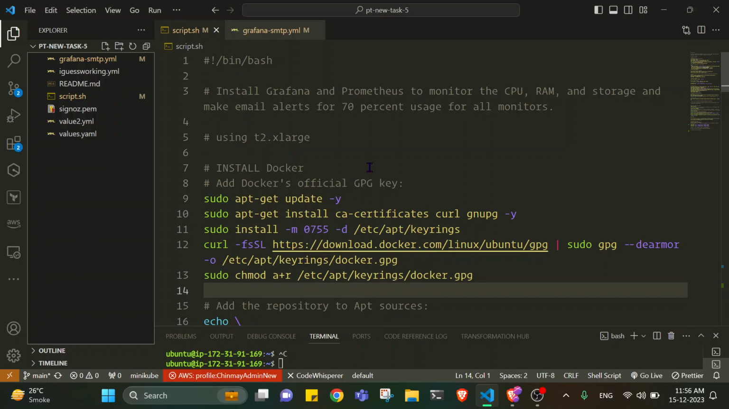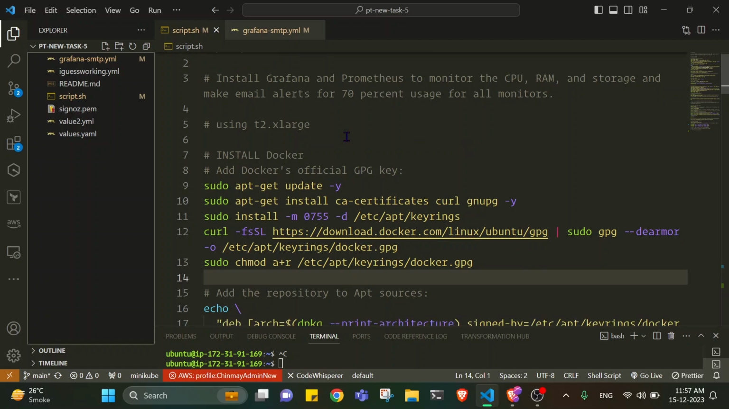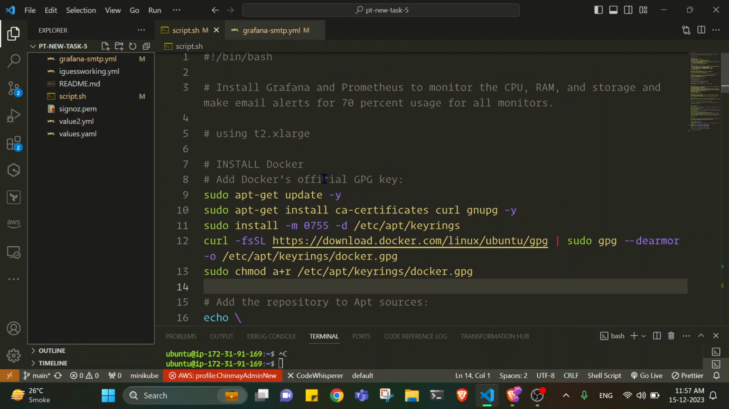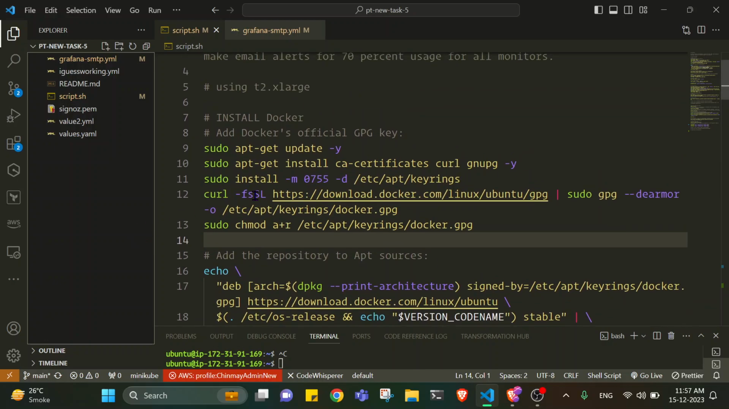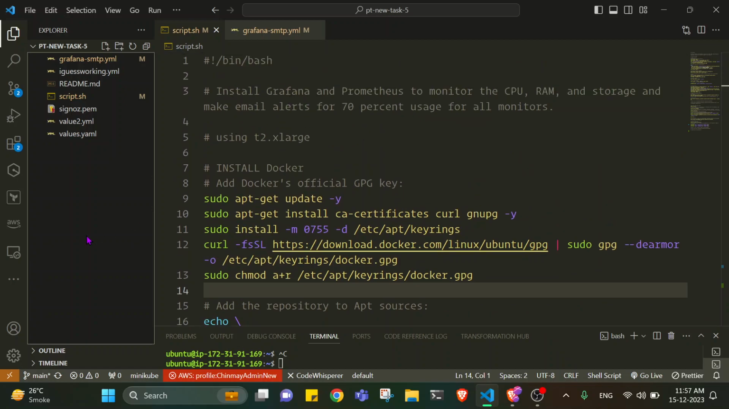Okay, so for this fifth task, installation of Grafana and Prometheus, and then checking the utilization of CPU, RAM, and storage for 70%. In order to implement this task, I have used the T2X large instance from Amazon, and for this task I am using a kind of testing environment in Minikube. So technically, I am installing Minikube in a T2X large, and then inside the Minikube, I'm going to